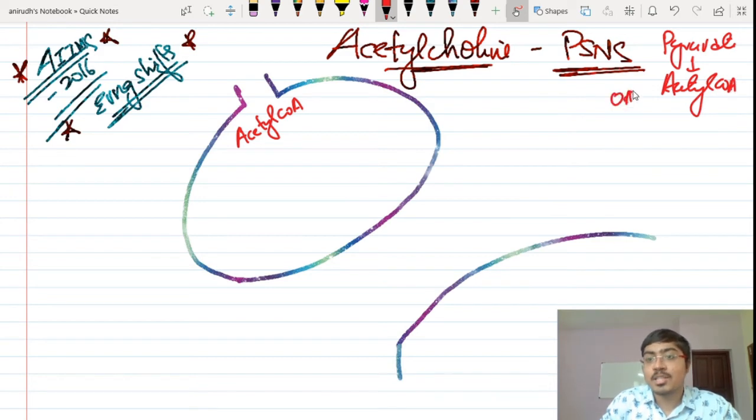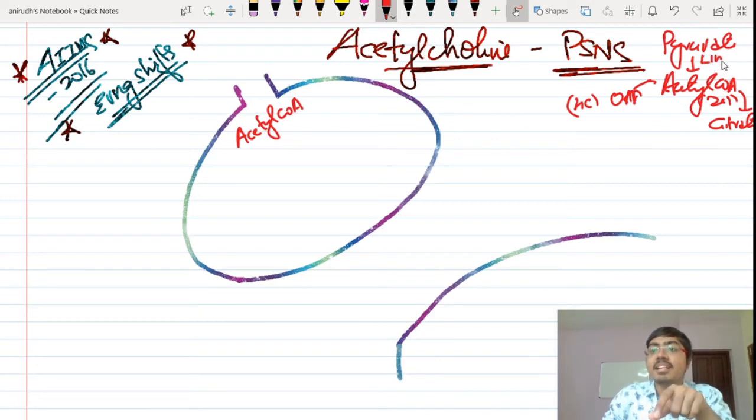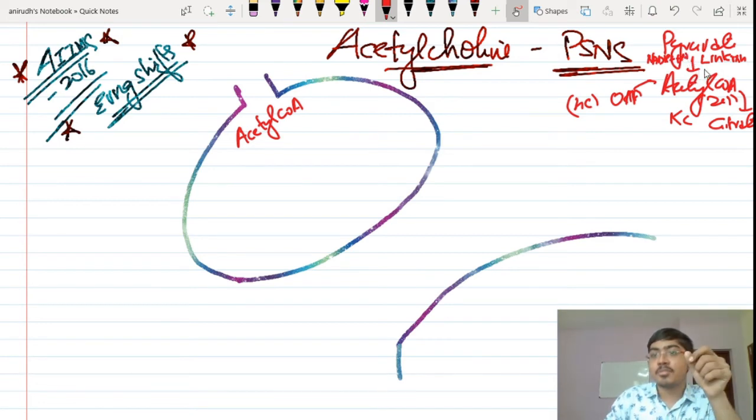Now you have oxaloacetic acid over here. This is a 4-carbon compound. This is a 2-carbon compound. Now this will join to form a 6-carbon compound called citrate or citric acid. This is the process called the link reaction, or gateway pathway. It links glycolysis with the Krebs cycle. This is the Krebs cycle. Now, this is actually an oxidative decarboxylation, so NADH plus H plus is formed here. I'm just revising this over here, okay? NADH plus H plus is formed over here, and a phosphate group is also released out of that.